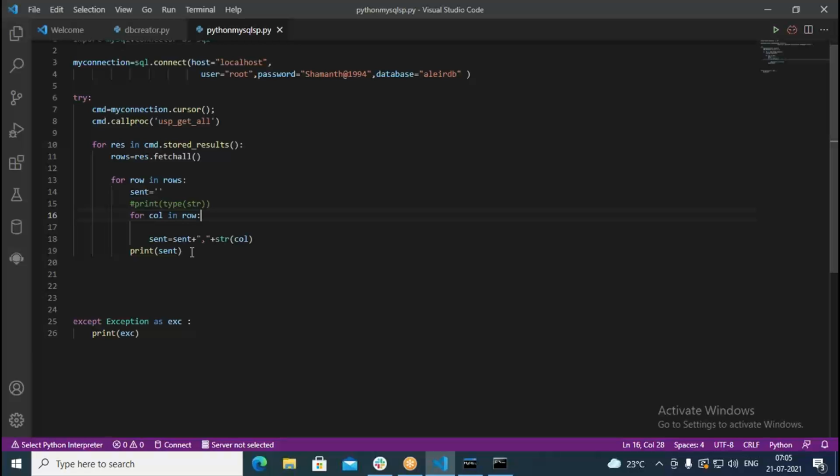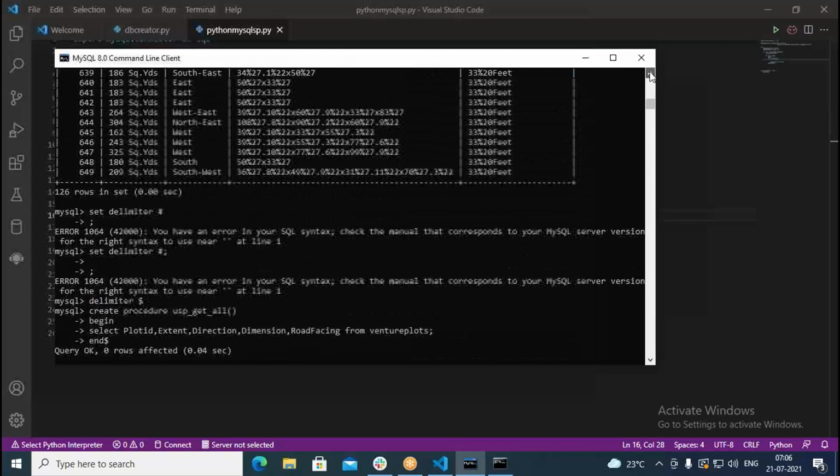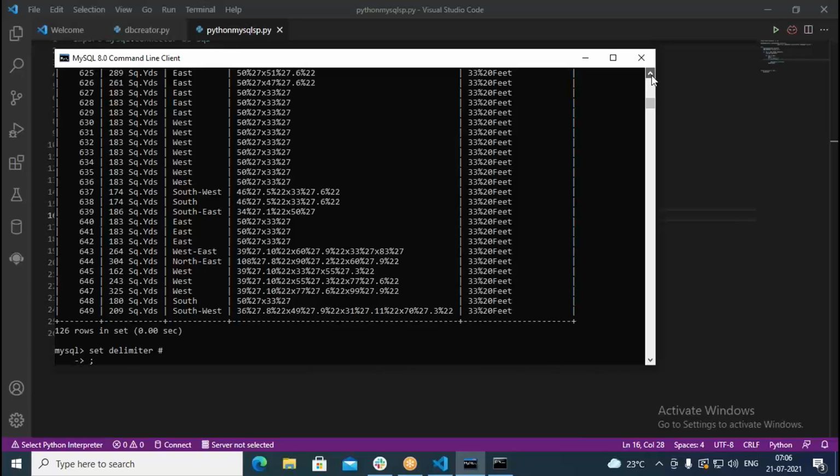Using Python code, we get connected to MySQL, then we are invoking the stored procedure. So either you can use inline SQL commands or you can use stored procedures. That is up to you, what exactly you want to use. So this is retrieving data from the database. It is retrieving all the data from the database and it's showing you here. All the data means whatever we have written in the stored procedure. So if you come to this, somewhere on the top we have defined it. Let me see what we have defined in the stored procedure.